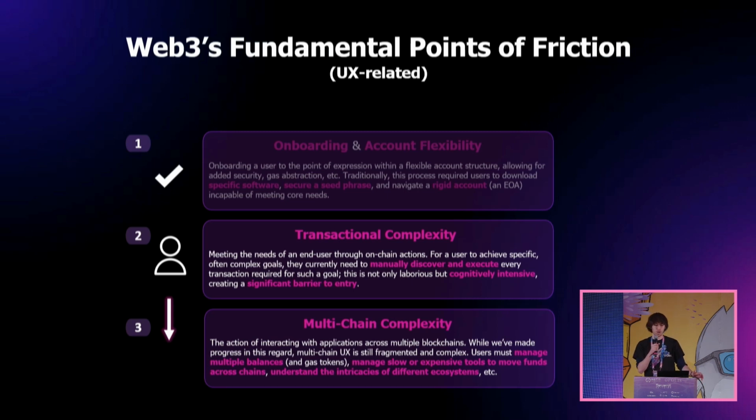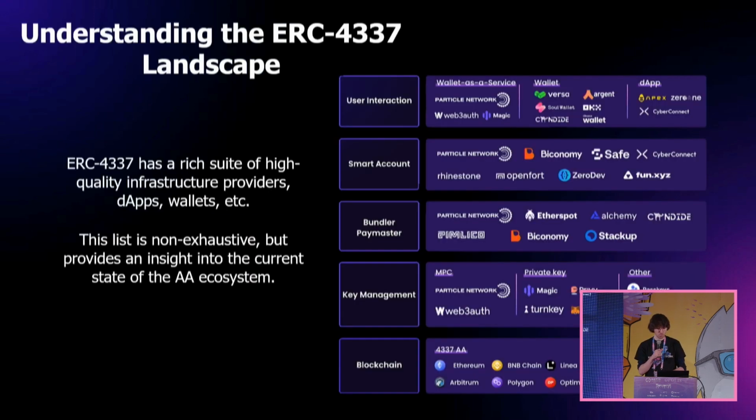So this is a big component of why the onboarding problem is effectively solved today, although of course it still needs some widespread implementation. Beyond this, the latter 2 problems are less solved. These are more emerging, cutting-edge parts of the space that we have yet to really address en masse. So that's again transactional complexity and multi-chain complexity.